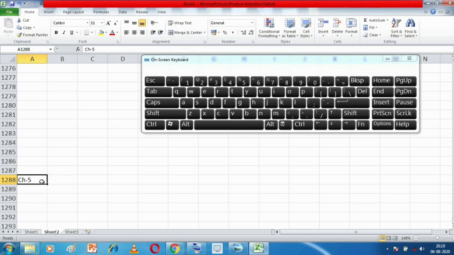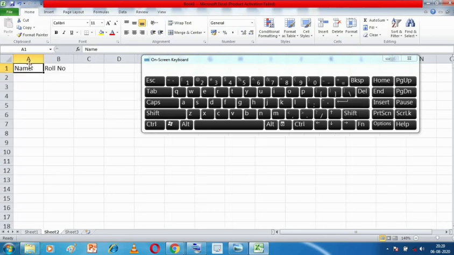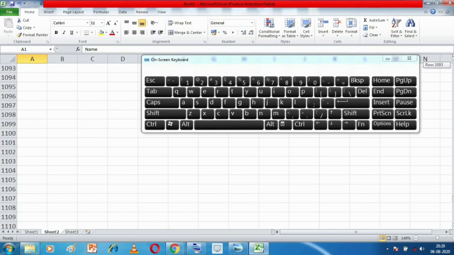Now if I want to go to my first cell, I have to press Page Up many times, yes or no? Instead of that, I can press a shortcut key, which is Control. See, I've pressed the Control button, it has become white, and then I'll press Home. Control plus Home. See, I directly came to my first cell. If you remember, we were on this cell 1288. Let's check that cell.